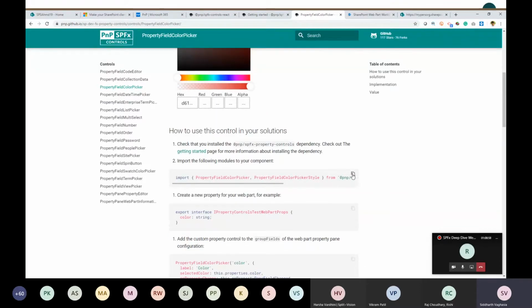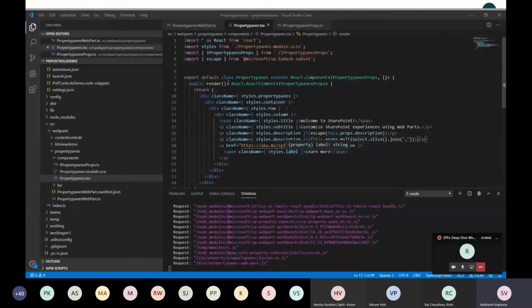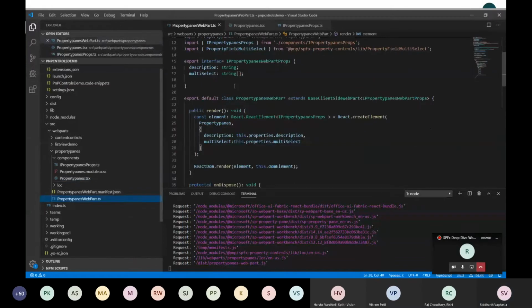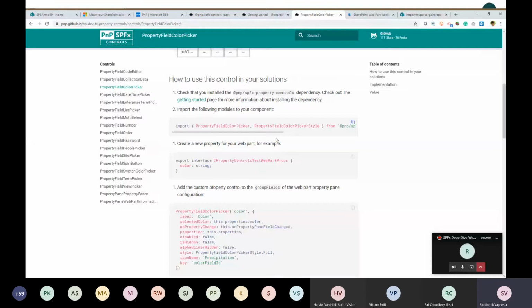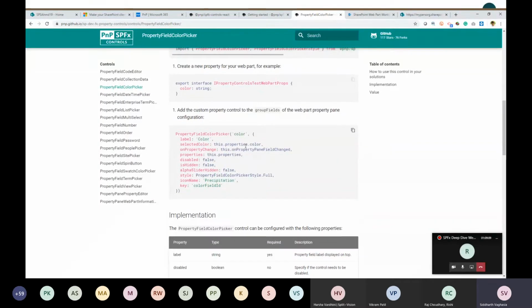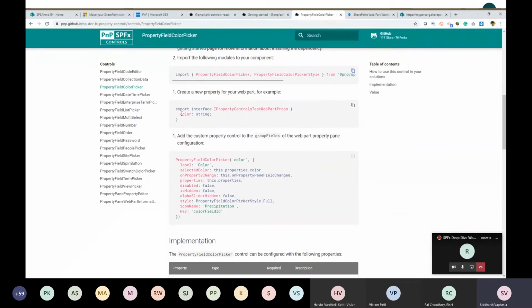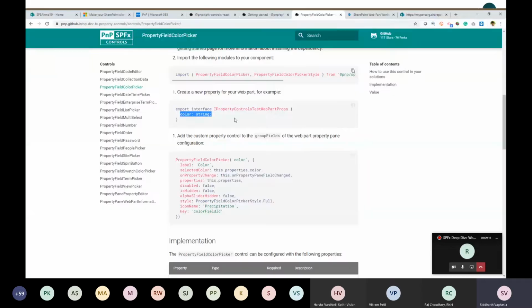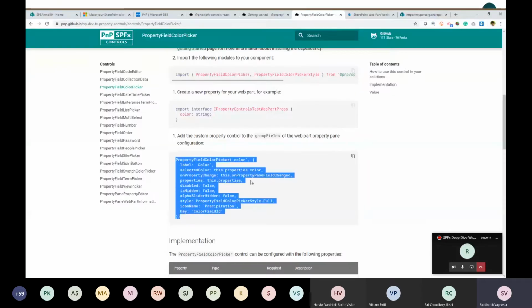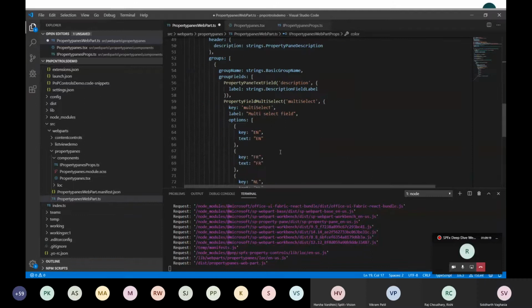Again, same thing. I'll first import it, and then I will create a property to hold the selected color, and I will add it to my property pane.